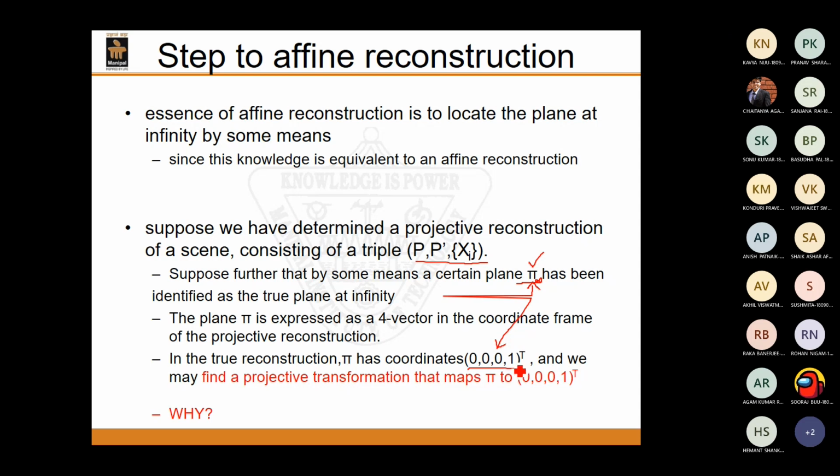Then what I can say is I'm in the affine space, right? So using this information, what that means is now I need to identify this particular H which is able to map this pi infinity to, let's say, pi infinity bar, which represents the true plane at infinity. If I'm able to find this particular transformation matrix which can map pi infinity to pi bar infinity, then by applying this H to all the points in the image,